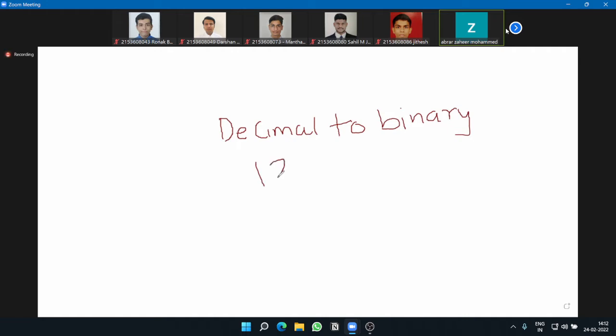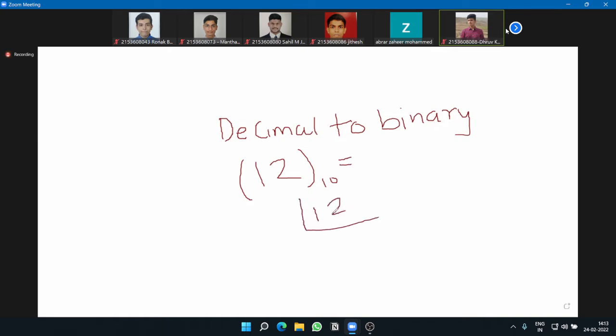Suppose we have to convert this 12 that is in decimal to binary. How to convert? 2 goes in this 12 how many times? 6 times, and the remainder is 0. 2 goes 3 times, again the remainder is 0. 2 goes 1 time, again the remainder is 1. 2 goes in this 0 times,